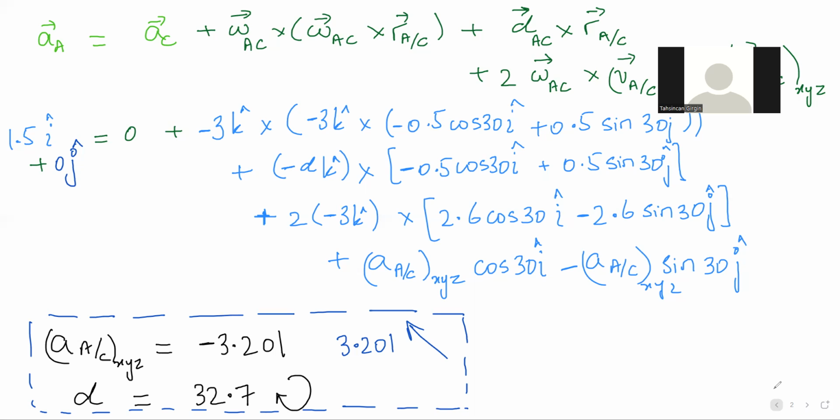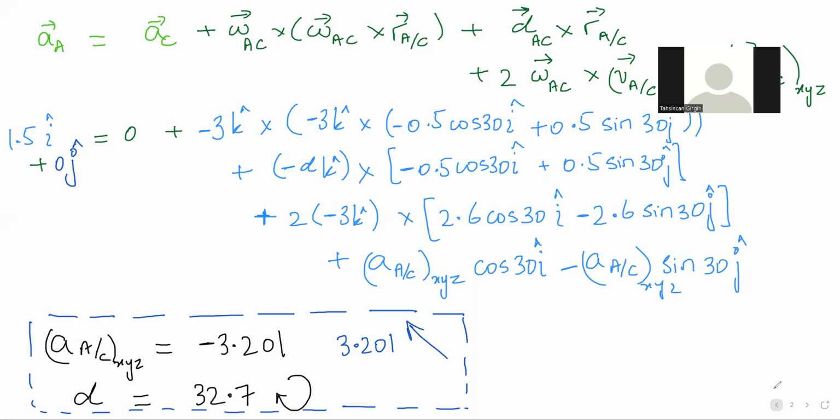So you will have some i's and j's scattered. Then you arrive here, negative alpha k unit vector. You multiply k unit vector with the i unit vector. k cross i is j. I will have a j component sitting here. Then you multiply the k with the j. This one, negative alpha k, you will get, I think, negative i. So you will have i's and j's scattered.